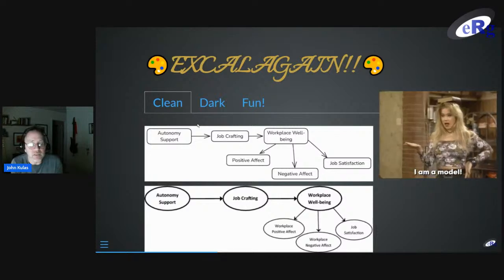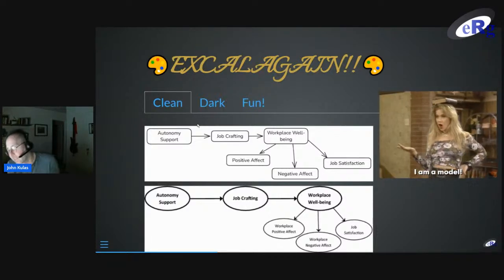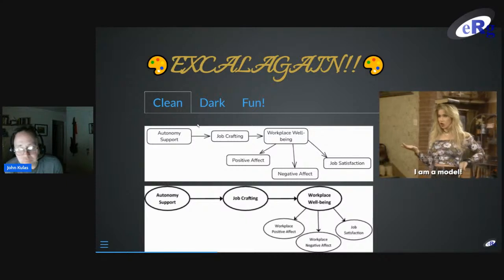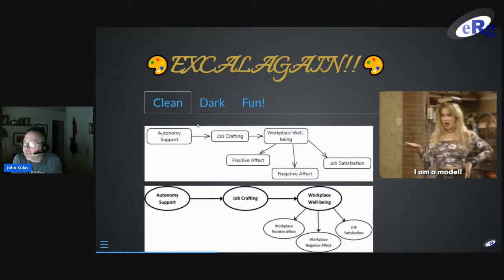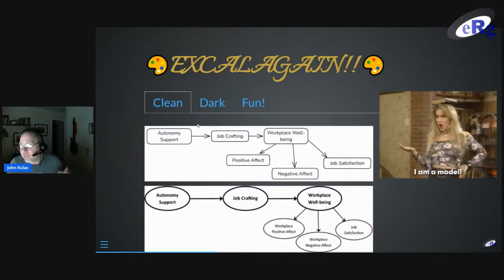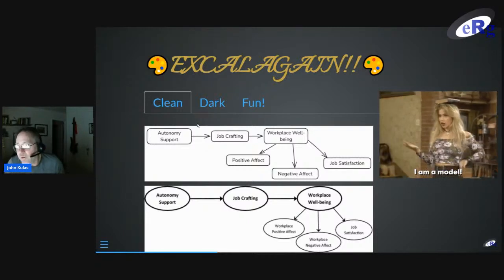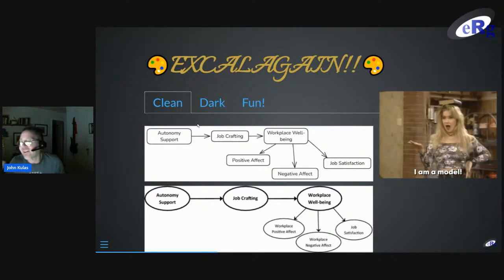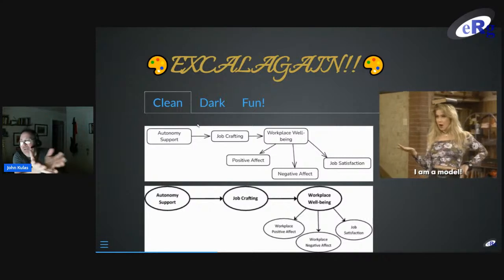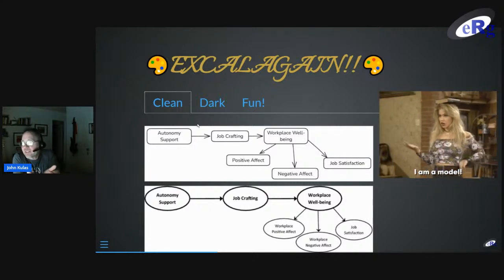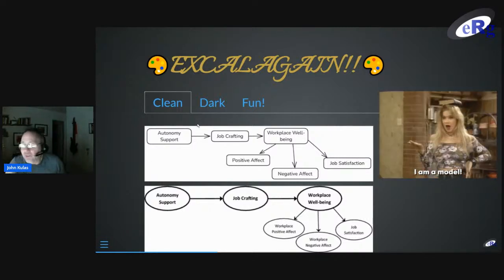Our training is in industrial and organizational psychology, so we're interested in things like people's well-being at work, outcomes like how satisfied they are, and predictors, like how much support you get from coworkers or supervisors, and how much autonomy you have, personal choice and discretion. This isn't any groundbreaking model. It was just one that came up and looked like I could represent it.